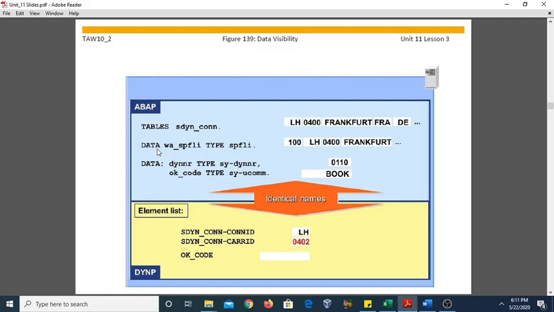The data on the screen fields will be transferred to the global fields with the identical name, in the top include of the program, that is at the beginning of the PAI. So this was the concept of the data visibility.